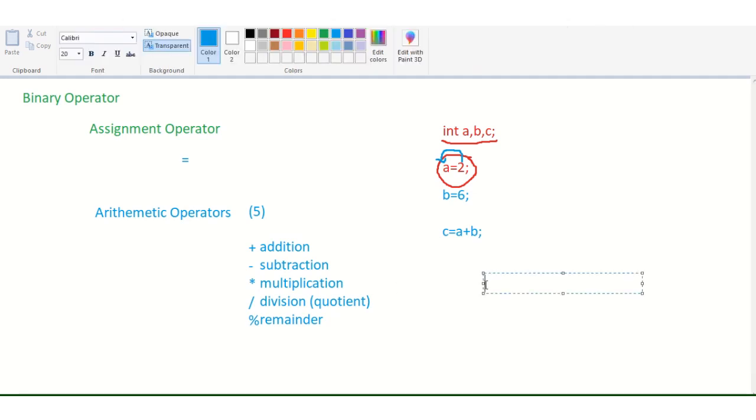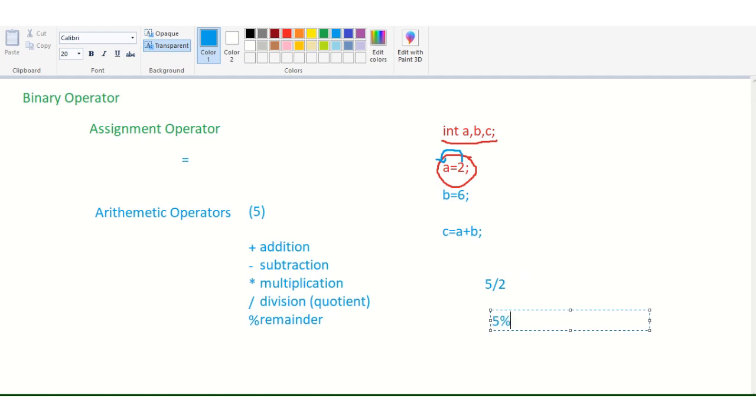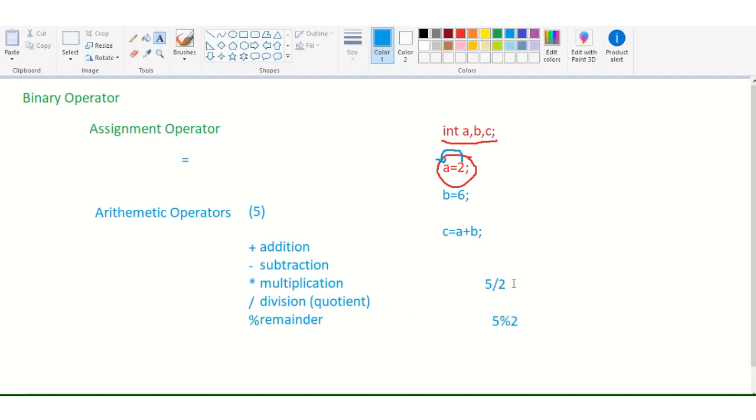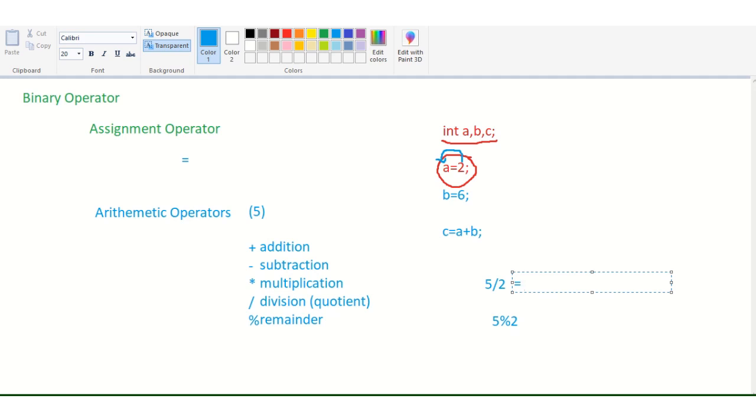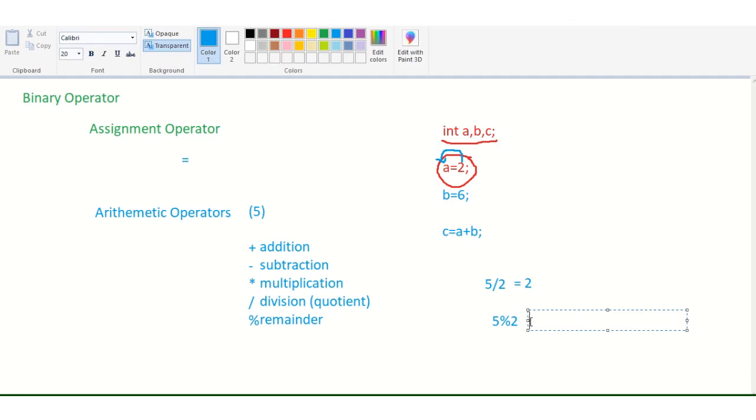For example, if you write 5 divided by 2 and 5 modulus 2, 5 divided by 2 gives the answer 2, because 1 will be the remainder. And the answer of 5 modulus 2 will be 1.